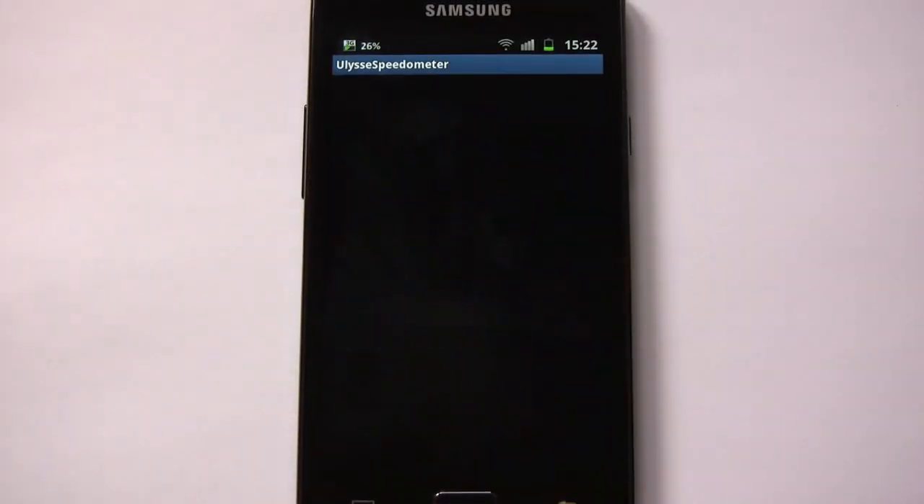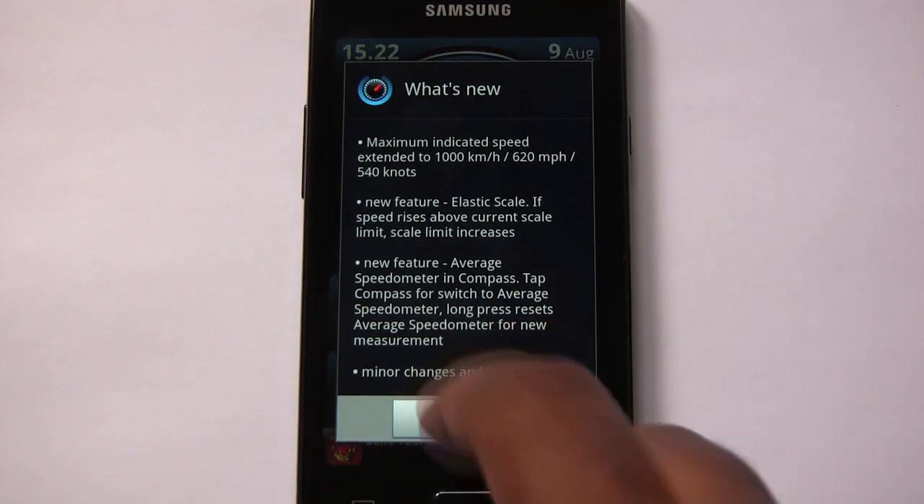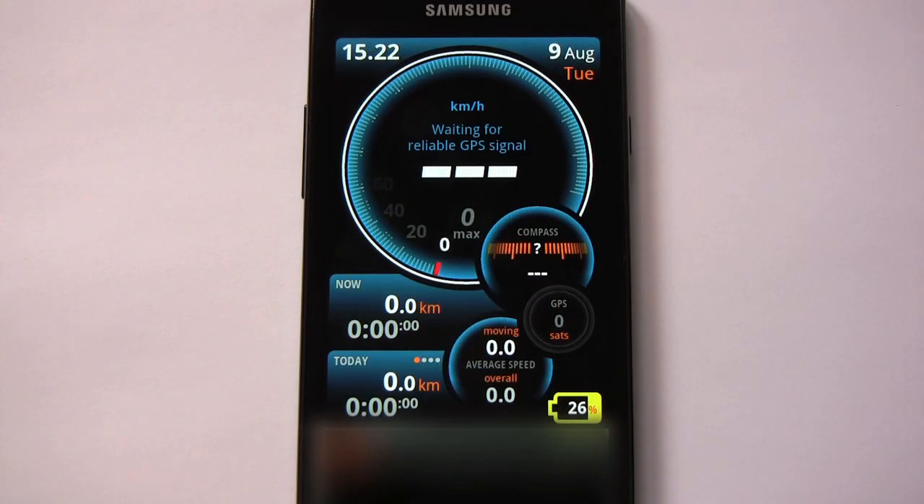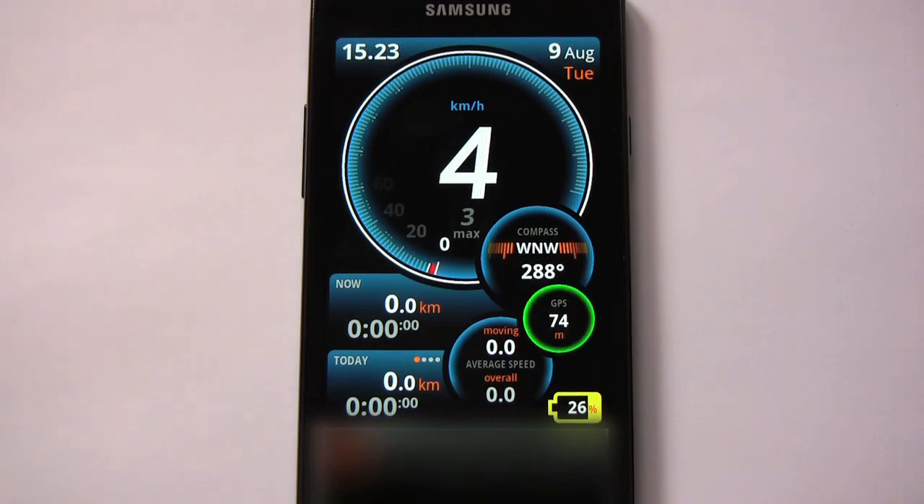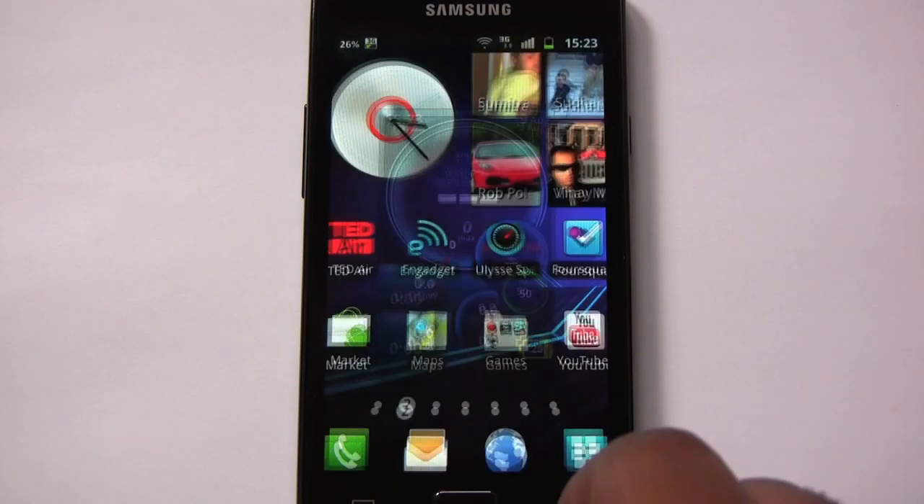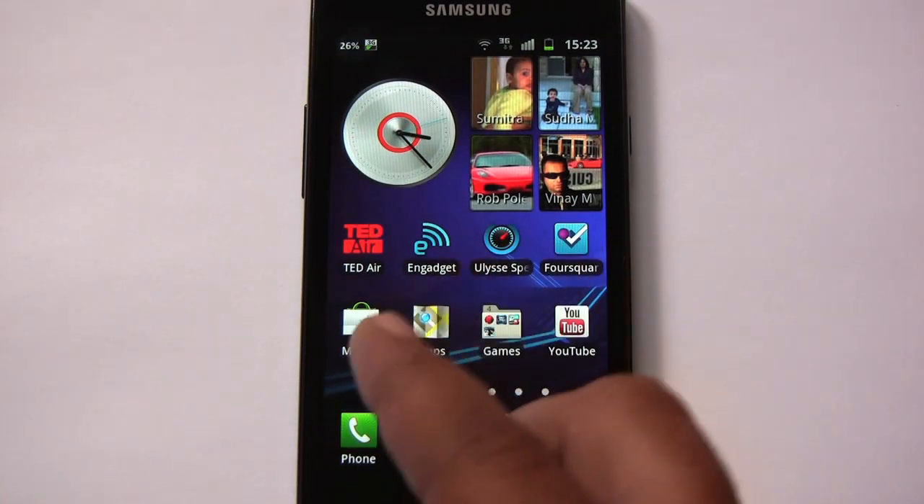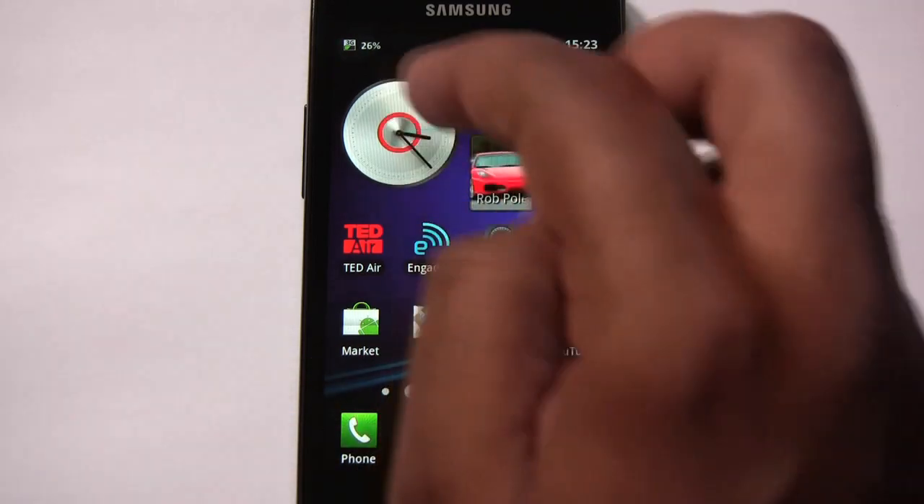I also use this other app called Ulysses Speedometer, which tells you the speed you're going at. You know, you can use it when you're driving, and I found that to also work quite well. It matched up with the car speed quite nicely. There we go. That's set up. So GPS, no problems. As far as the battery life goes,